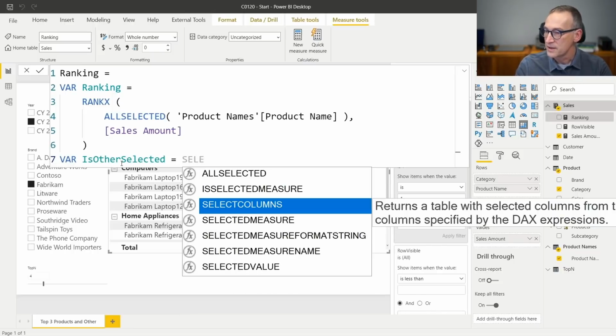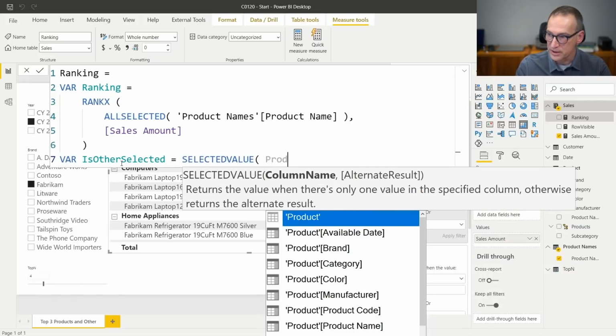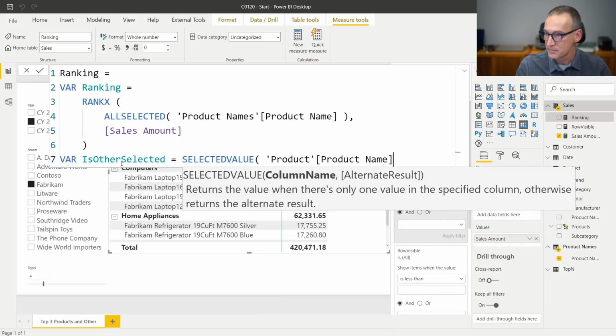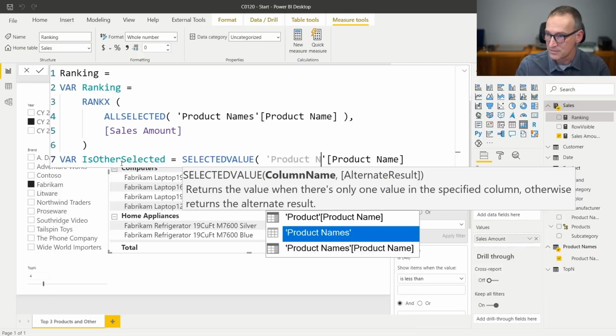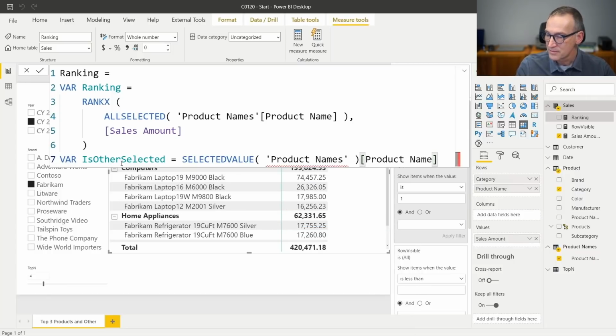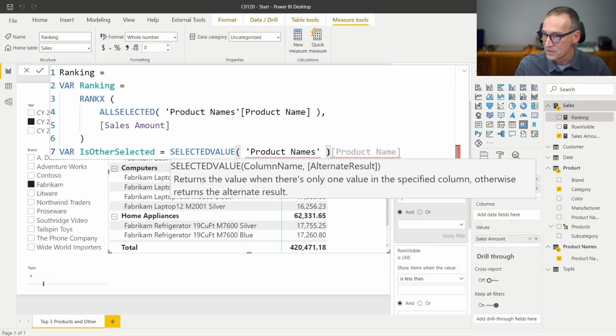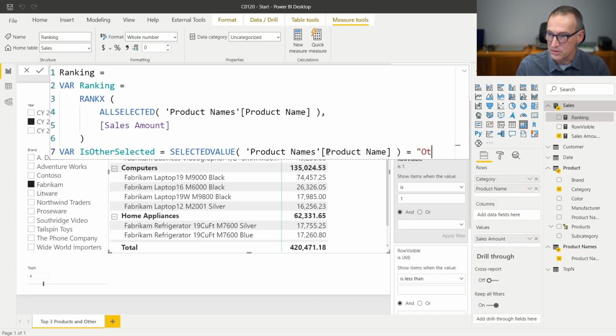And we check if the selected value of a product names, not product, but product names. Product name. I need to reduce the font a bit. Product names, product name is equal to others.